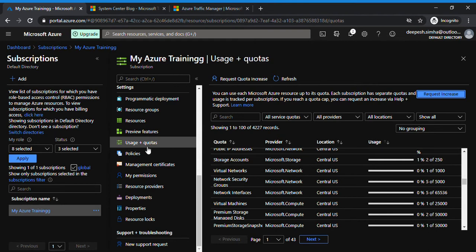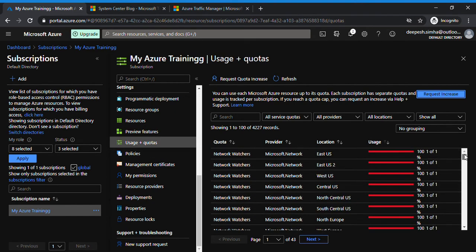That's why this usage and quota option comes in each and every subscription, and it has some limitation on each cloud service. I'm not saying you can't create as many VMs as you want in real time, but by default there is some limitation. If you're not aware of it, when you get a subscription quota exceeded error in the notification, immediately come back and check the quota and the request increase option with Microsoft. They're going to enable how much you have requested, for example 20 cores to 40 cores. So this is what usage and quota is in a subscription.